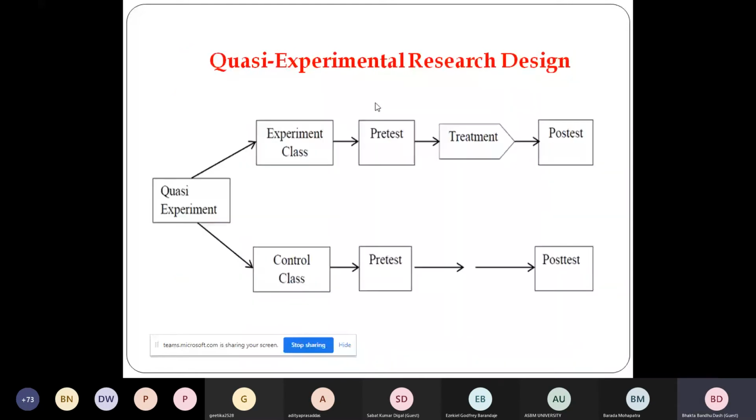If you look at the quasi-experimental design, there is an experimental group and there is a control group. Here the learning assessment is made as a pre-test condition, both for the experimental as well as the control group. But in the treatment condition, the training intervention is made for the experimental group and absent for the control group. And ultimately, the post-test learning assessment is there. The difference between the performance is recorded.